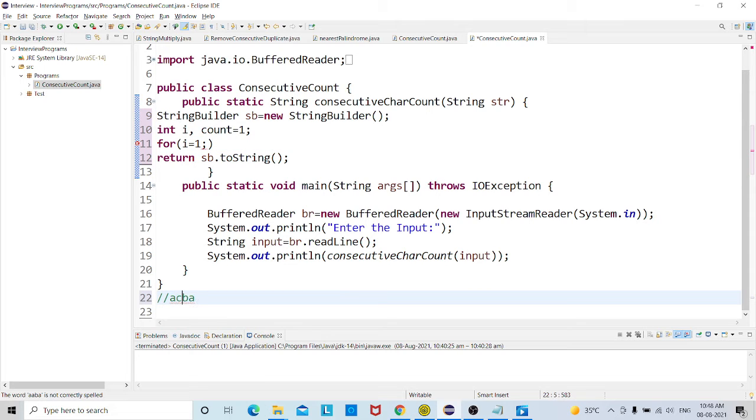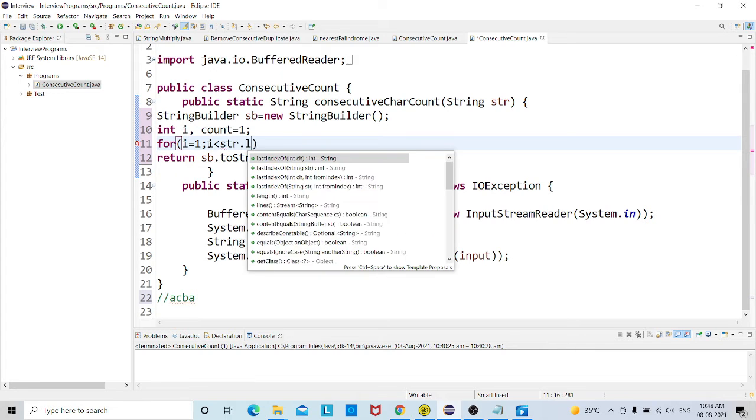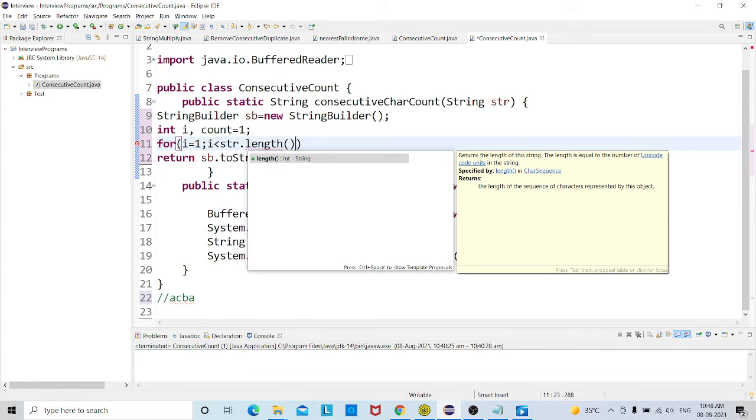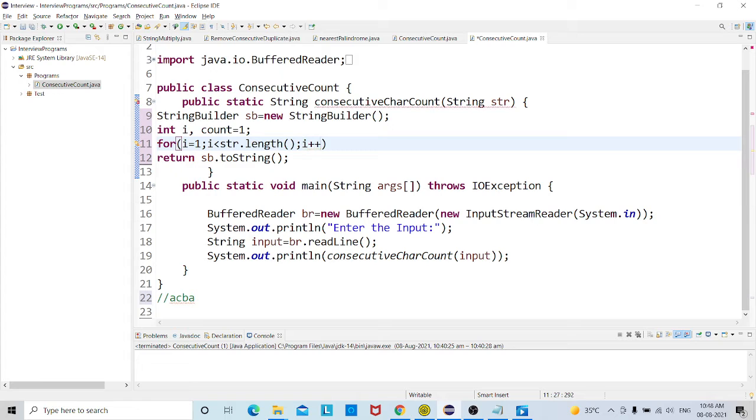If the first index is not matching with the previous index, our logic is to print the previous character with the count as 1. So this is how we are building the logic. i should be within the string length, then we are incrementing.